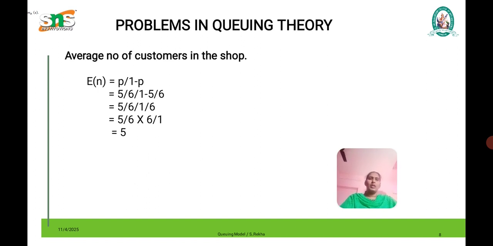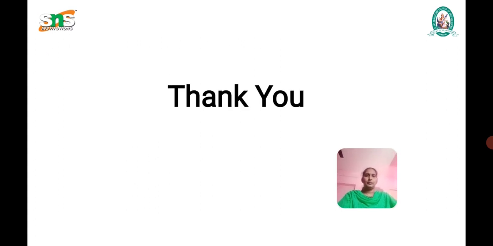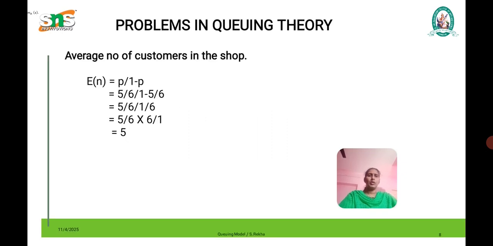So I think it is very easy. You can understand the queuing model problem. That is model 3, we have solved 2 problems. This model has a finite number of customer intake. Okay, so based on the question you have to answer what are the formulas we have to apply. So I have given the problems also.